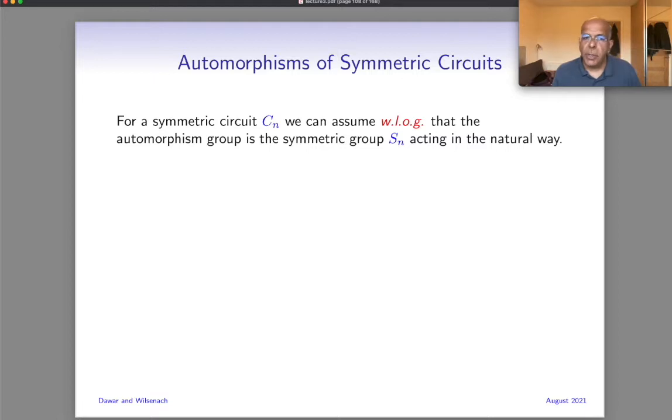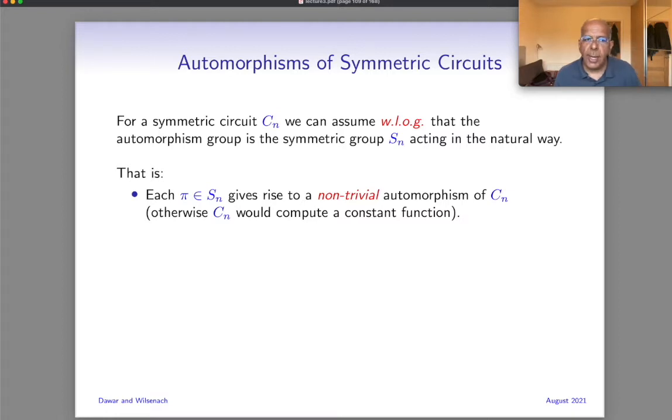So suppose we have a symmetric circuit, Cn, taking as input structures with n elements. Then any permutation in Sn extends to an automorphism of the circuit, and we can assume without loss of generality that the automorphism group is exactly the symmetric group Sn acting in the natural way. That is, that every permutation in Sn gives rise to a non-trivial automorphism of Cn, because if it didn't, that would mean that you had some non-trivial pi which gives a trivial automorphism, which means